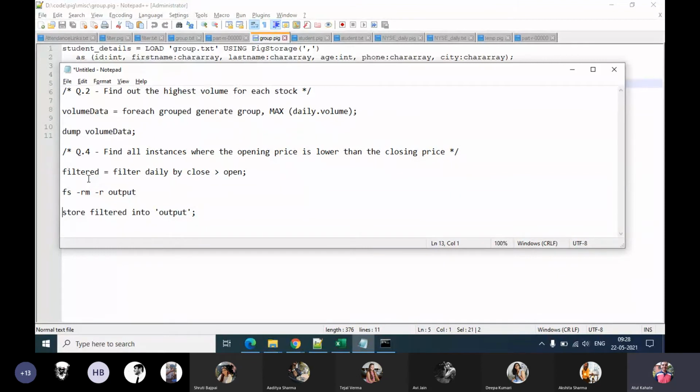So maybe after you have an output directory, try running this without this fs command once. It will give you an error saying the output directory already exists, and then add this statement and see what happens. Maybe for those who are not trying, I'll show this in my case also.